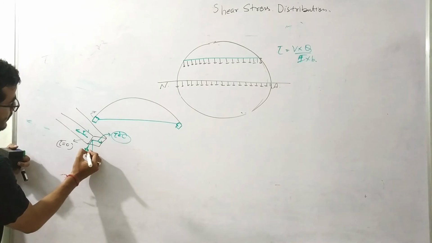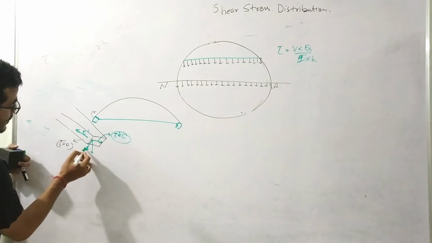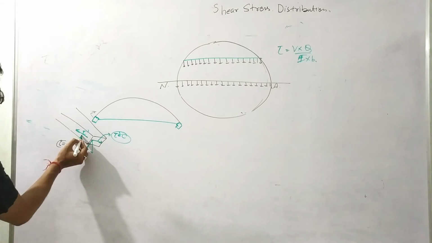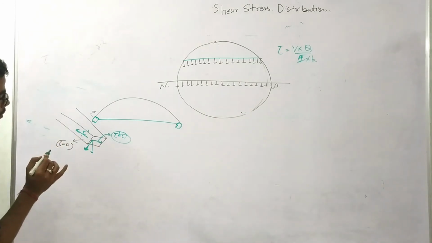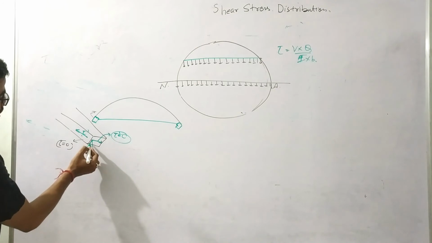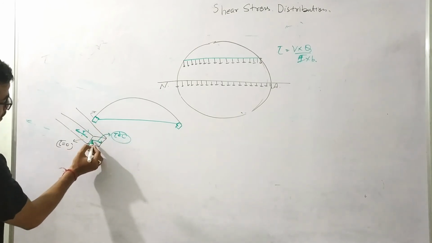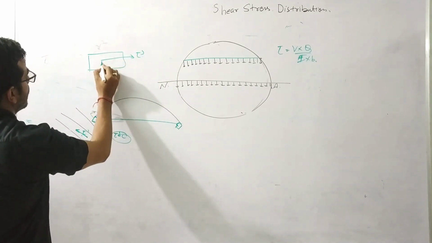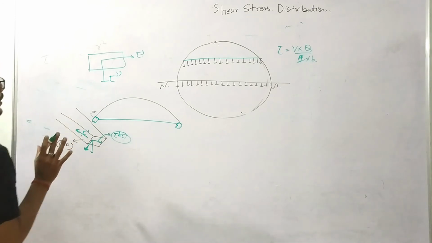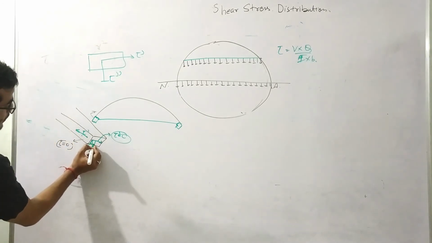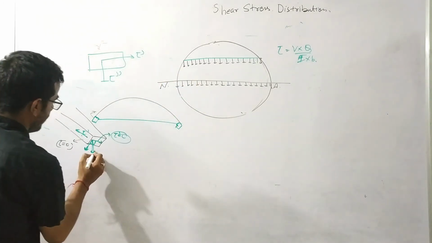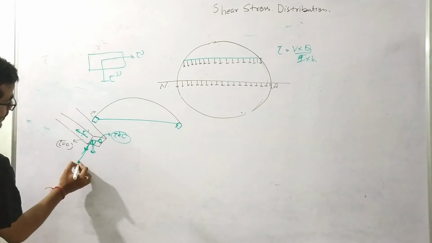Now we are having this tau only. This resultant will be along this axis only, because this shear stress is 0. Why 0? Because at the outer boundary the tau is 0, and the complementary of which will also be 0. But we'll have some shear force in this direction. Suppose this is my element: if one shear stress is acting as tau dash, the other shear stress will act in its perpendicular direction. So this is completely perpendicular, and this is the resultant which I showed over here. The direction will be the same, but this thing is 0, so our net force will act in this direction.